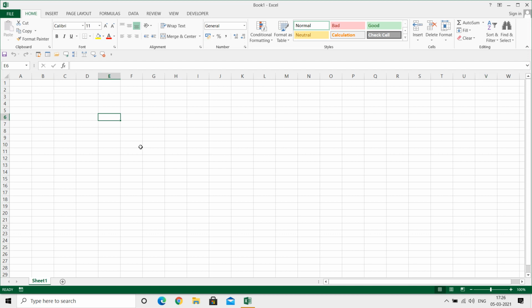So we will talk about cells. We are going to enter the data in the cells. Every square is called a cell. This is a cell. Now the pointer is in, this is the cell pointer. This is in